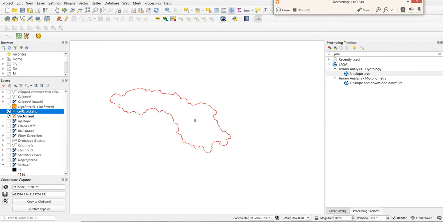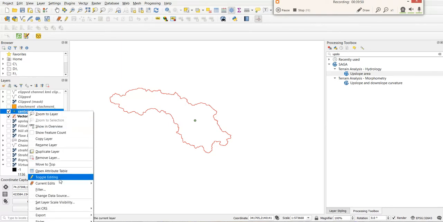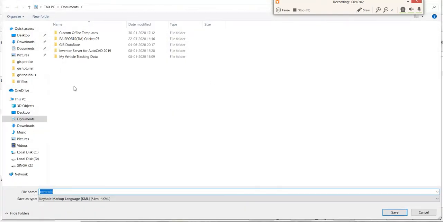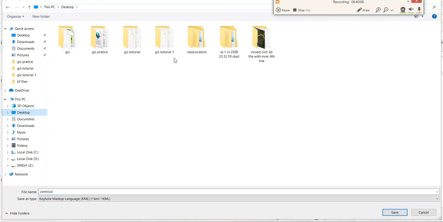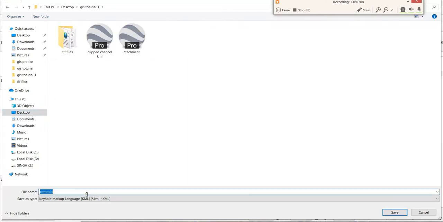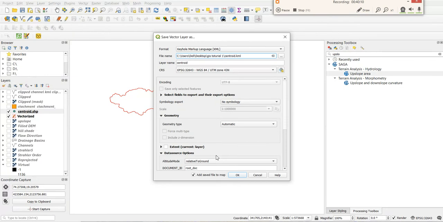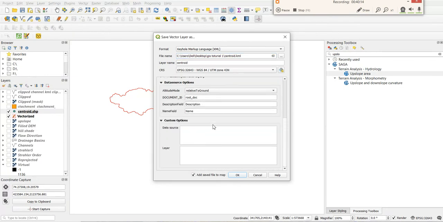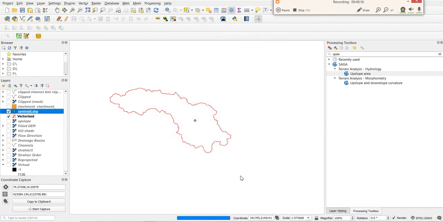Now I can export it, save feature as, file name centroid, and I want to save it here on the desktop, in tutorial 1. All the other settings will remain the same. Click OK.